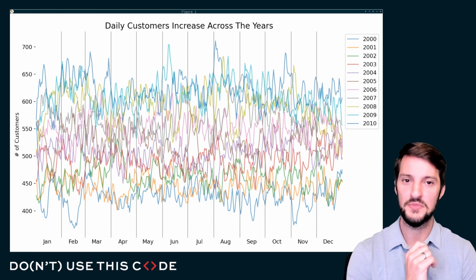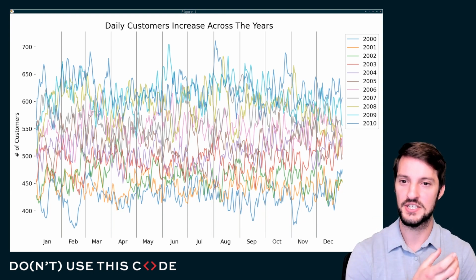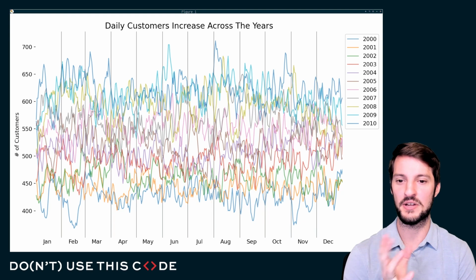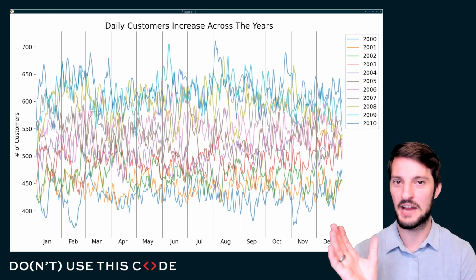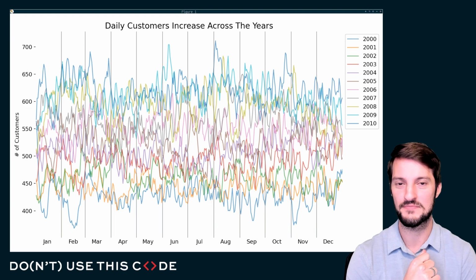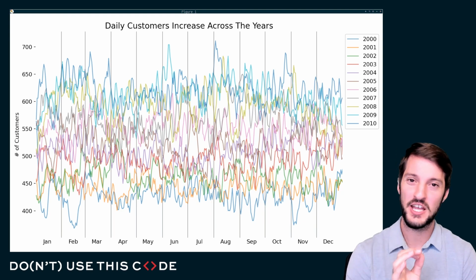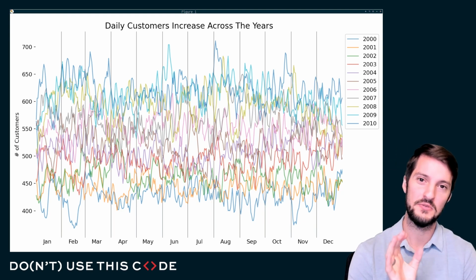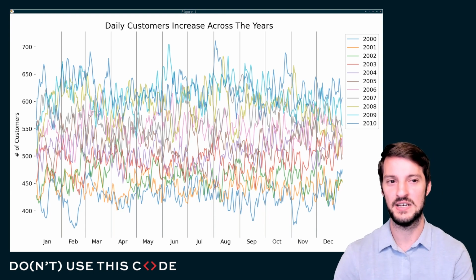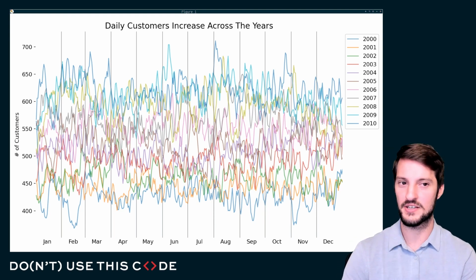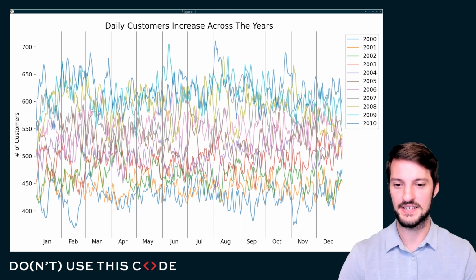If I want to communicate something about change across the years, well, maybe I should have a little bit better usage of my X and Y axes here. Maybe I should have just aggregated and just reported averages. Shy away from just reporting averages. Always try and include as much context as you can in your visualizations, but the smoking gun here is the use of a qualitative color palette for data that is